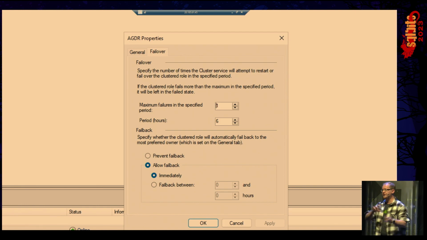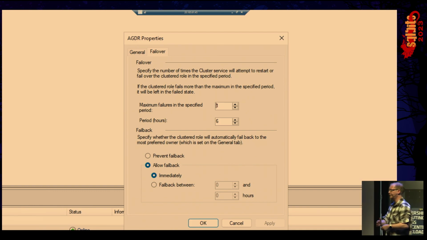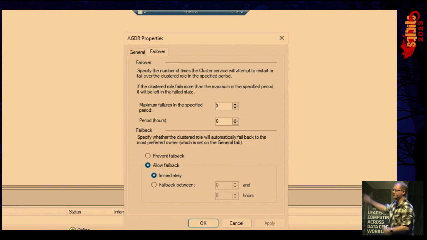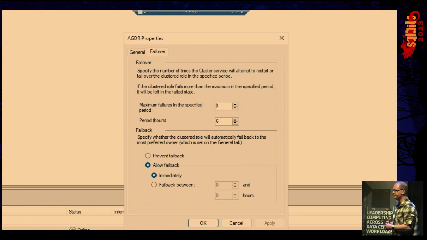So we can fail over with T-SQL all we want, but when it actually encounters a failure, like stopping the database engine service, these settings here will prevent a secondary failover. When I designed this lab, and I was playing around with it, guess what the default settings for a clustered role are? Nope, it's this one, 1 in 6. These are the default settings for an AG, a clustered role even, when you spin them up. So I was sitting there going,